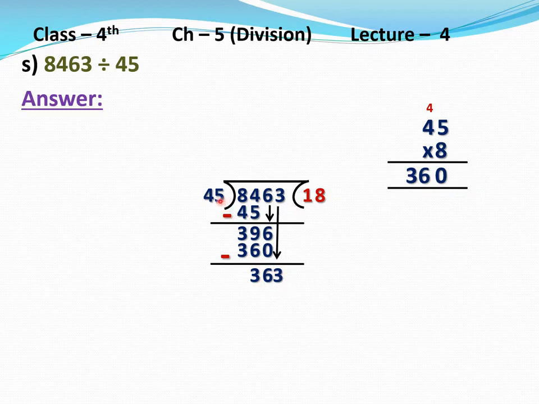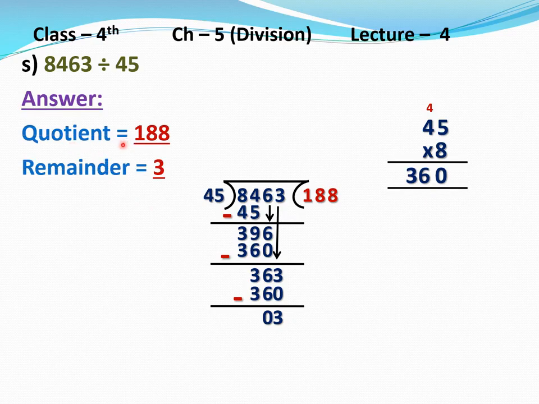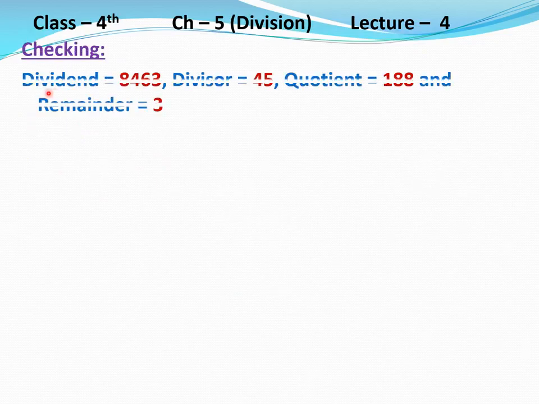Now multiply this again 45 by 8. 45 multiply 8 equal to 360. Now we will do subtraction. 3 minus 0, 3, write 3 here and 6 minus 6, 0, 3 minus 3, 0. Clear? Quotient equal to 188 and remainder equal to 3. Write down quotient equal to 188 and remainder equal to 3. Clear? Now write down dividend equal to 8463, divisor equal to 45, quotient equal to 188 and remainder equal to